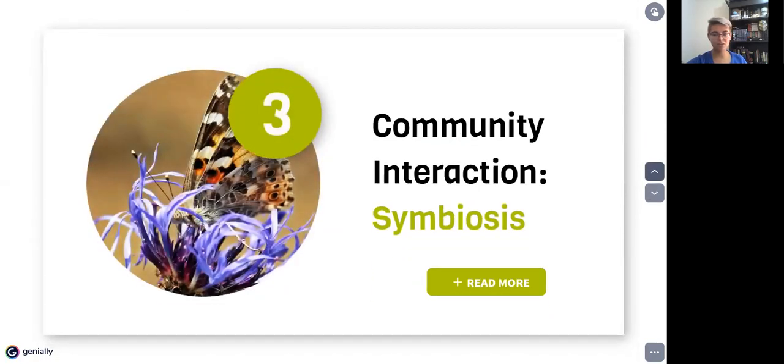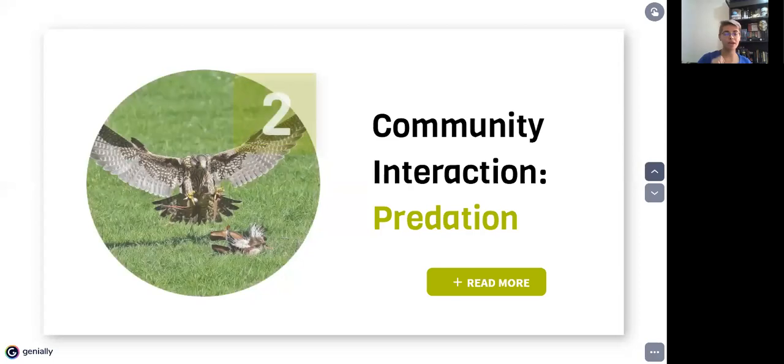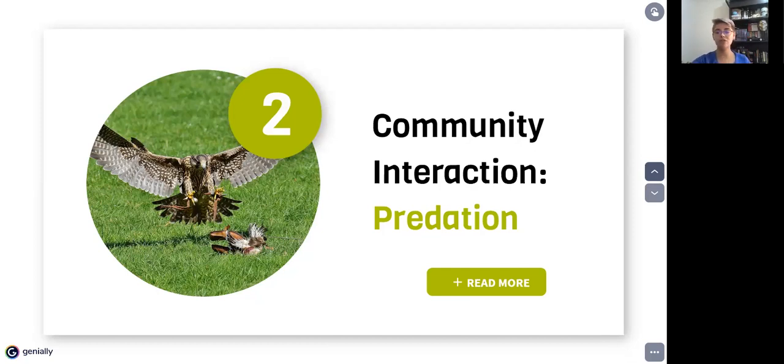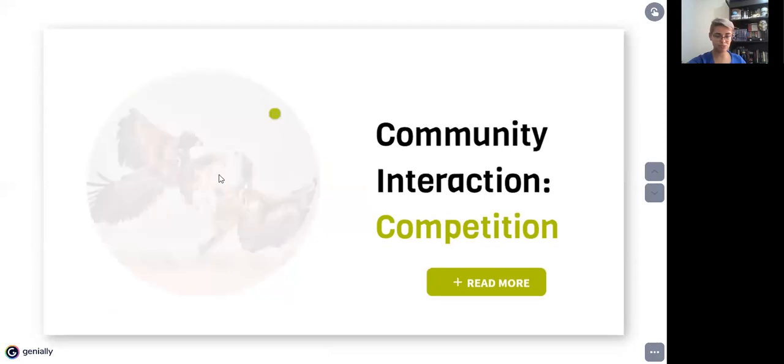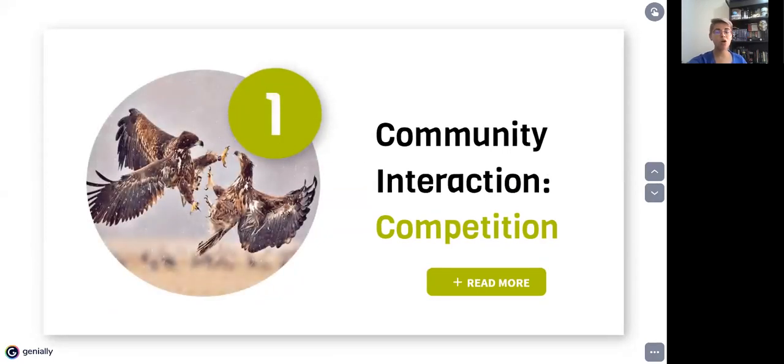Okay, so I'm going to make a pause here to remember. We have these two types of interactions. First, where they are competing, and they can compete for food, for shelter, or for females. That's what happens here in competition. Or they can be preying on other organisms to get that food. So you can see that they're pretty much related.